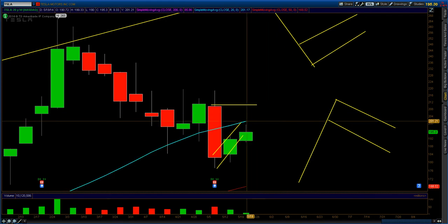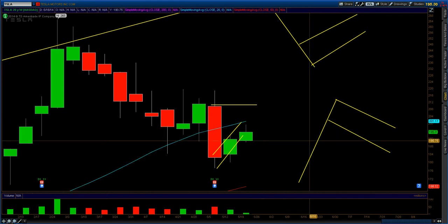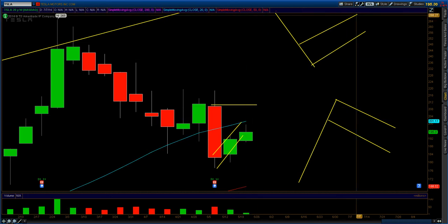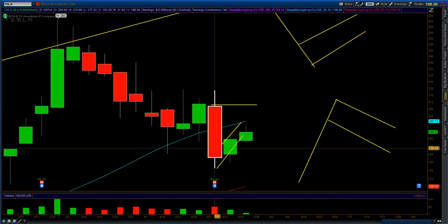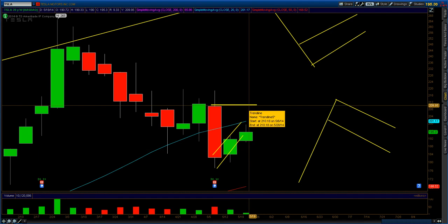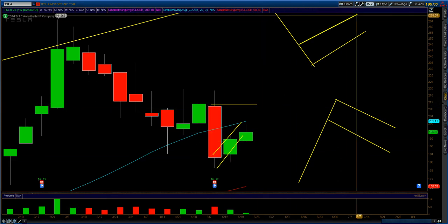Look at the blue line here. That's the 20-day moving average on the weekly chart, currently at 201.17. So keep that level in mind. We could tag that. There's two scenarios here. We could break up above these two lines and move up here into this 210.18 level, which would still be bearish on the weekly, or